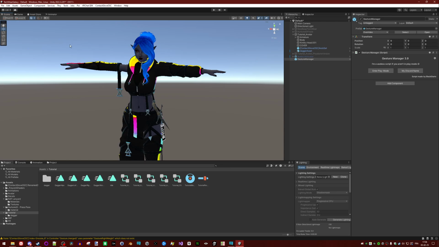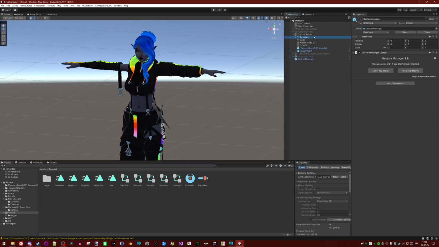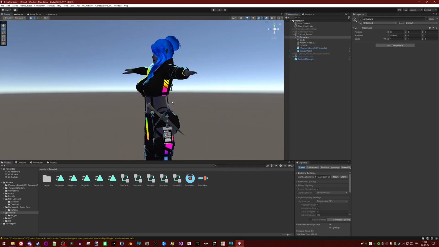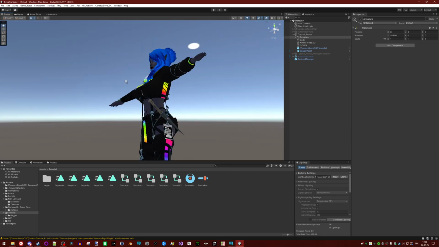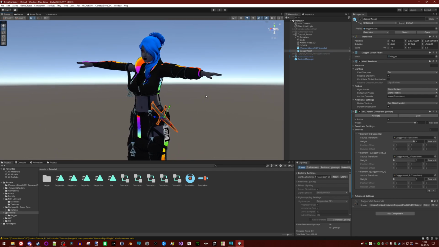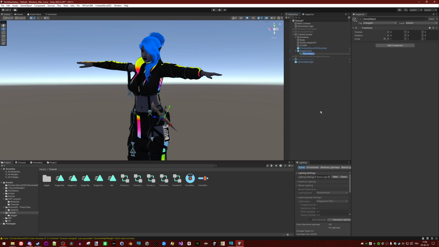So whether you use gestures or fishbones, there is a common setup that needs to be done first, which is setting up some receivers and some senders, because the dagger needs to know where it is, it needs to see your hands and everything. So you select your dagger, your prop. I keep saying dagger, but of course it's whatever prop you have. Right click, create empty. We'll call this one L hand receiver.